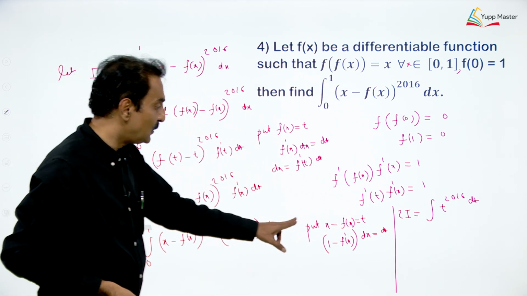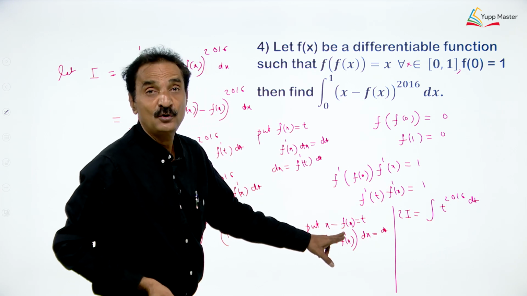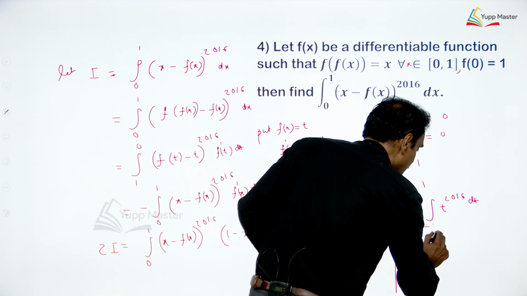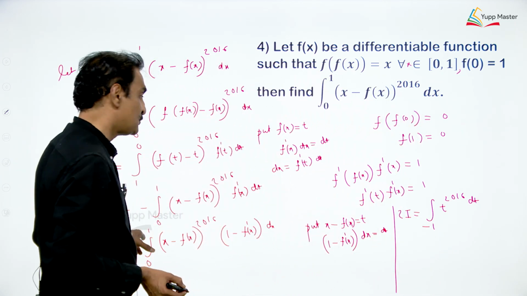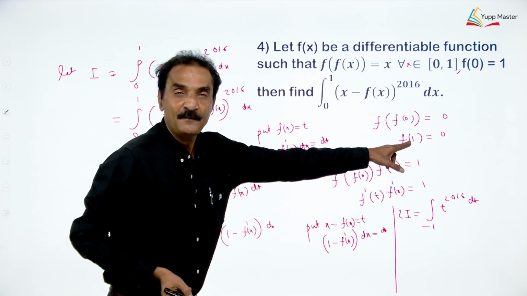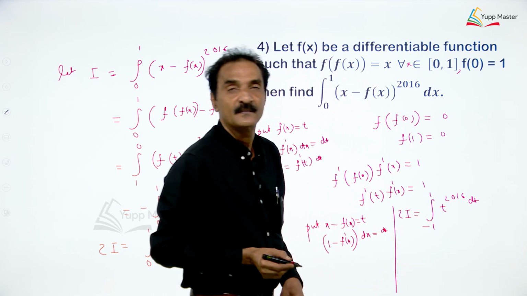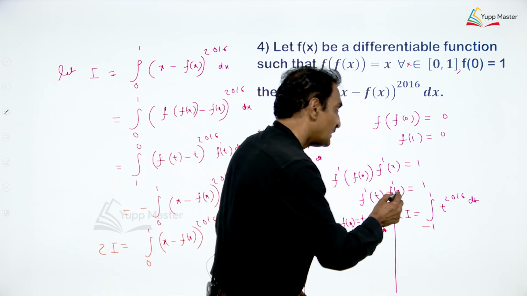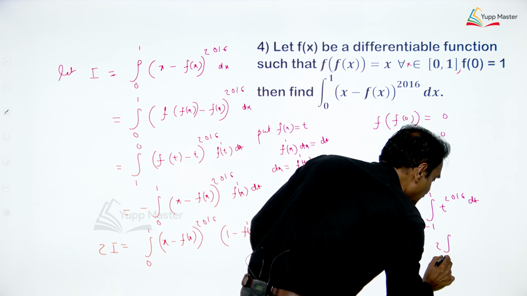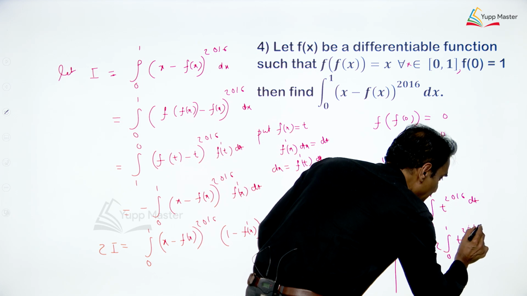If x is 0, 0 minus f of 0, f of 0 is 1, so it will be minus 1. If you substitute x is equal to 1, 1 minus f of 1, f of 1 is 0, so the upper limit is 1. Okay. Now, we can write it as 2 integral 0 to 1 t power 2016,